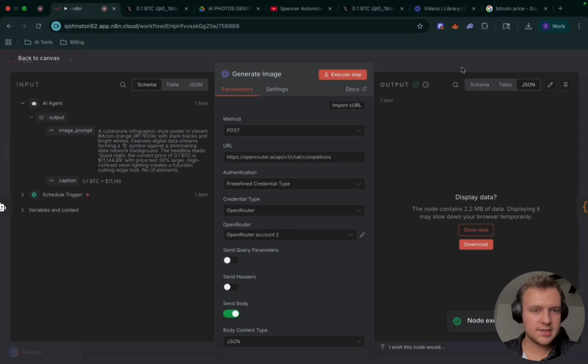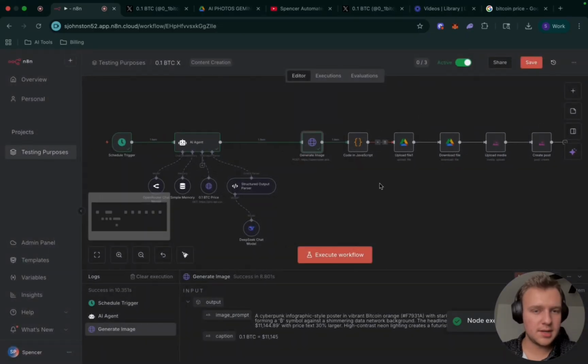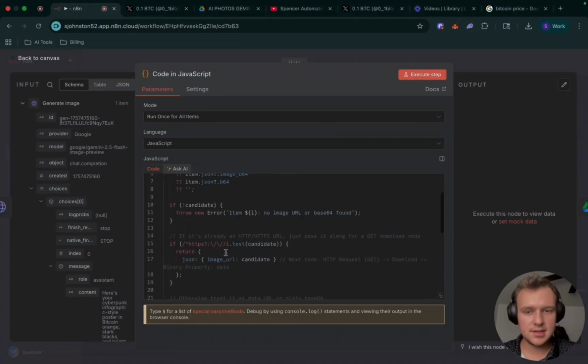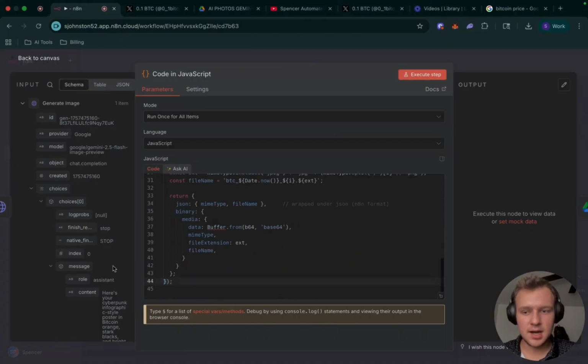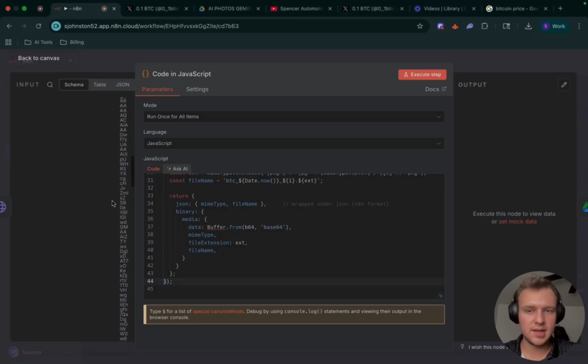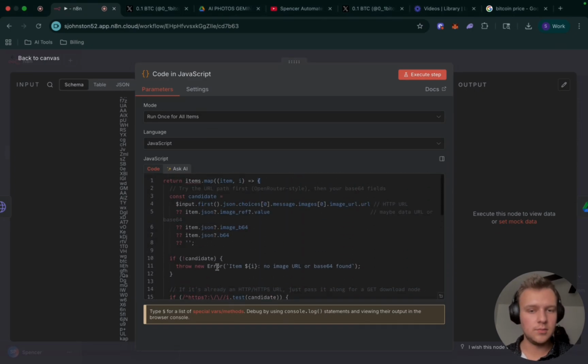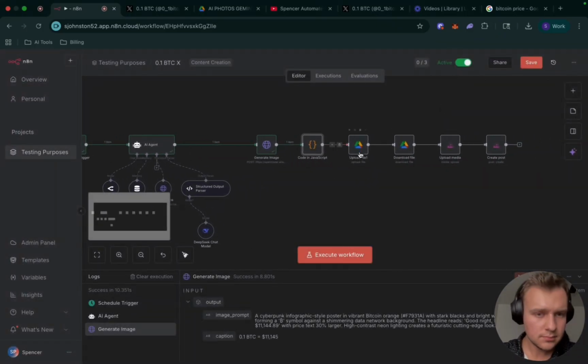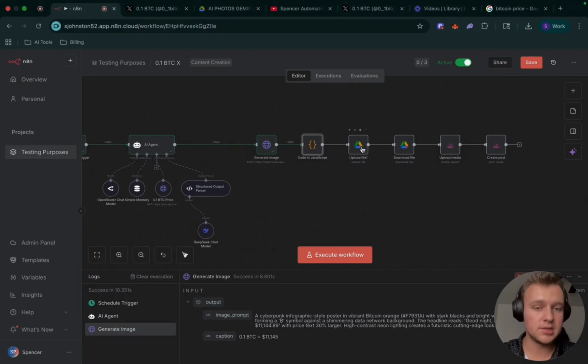All right, and now it's got our data, but it's way too big. So we have this code in JavaScript. All that this is going to do is basically isolate this big image URL into something that we can download. And I also showed you guys how to do that in the Nano Banana video. Go to Claude, tell it what you want it to do. It will give you some code like this, play around with it so that you can upload it into Google